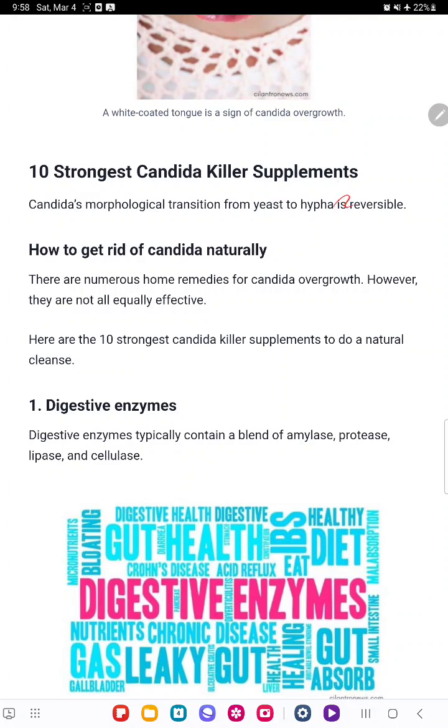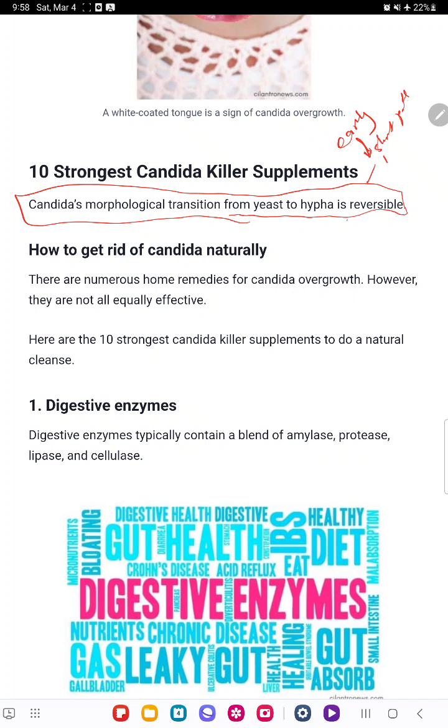Now it is quite hopeful to see this statement, that from yeast to hyphal is reversible. This is true if you catch it early. It is also true with, I would say, a short path, maybe 6 to 8 months. But what if you had this issue for 10 to 12 years and you reach the state of cancer plus other manifestations? Then you have a long road and you have to discipline yourself. You have to walk that long road, be disciplined and hold on. It is reversible, but it will take a lot from you in discipline to hang on to get this reversed,